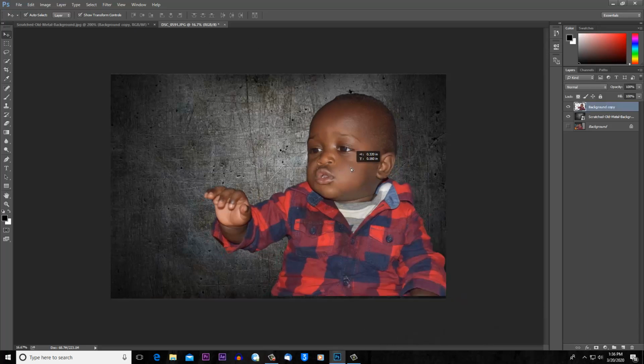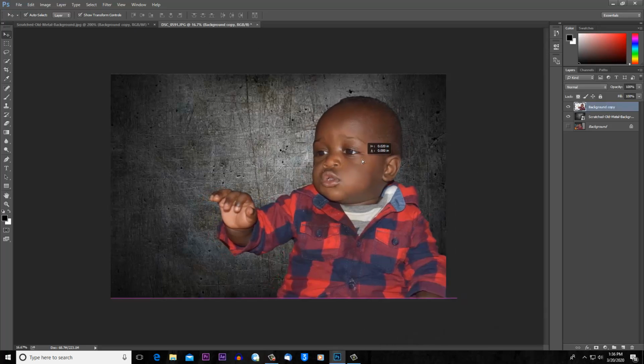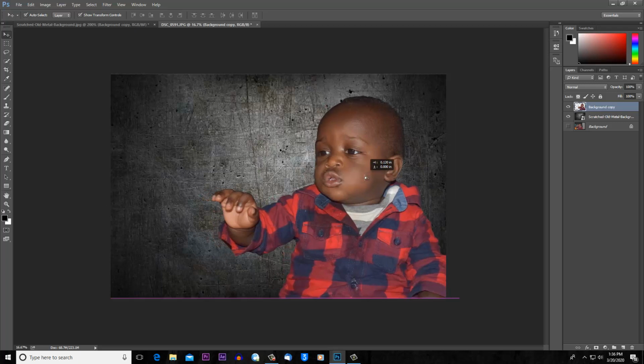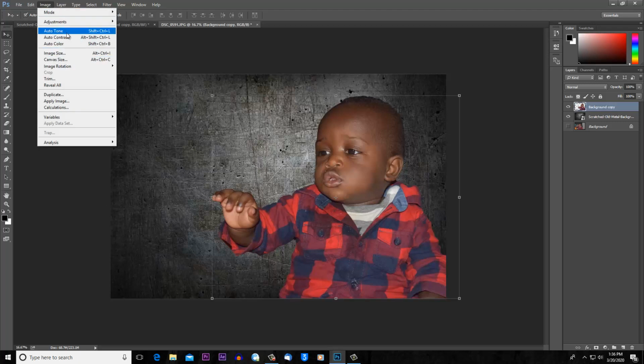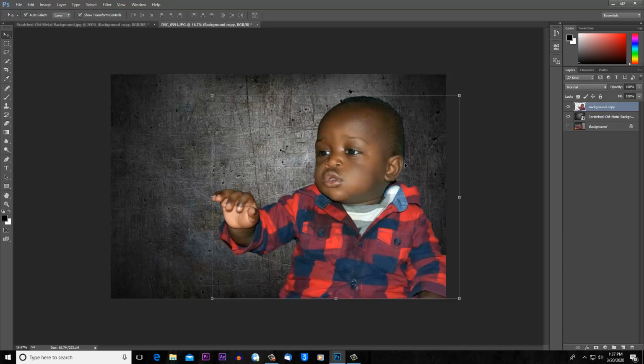Yes, so I can actually work with these images independently. Let's say this was shot with a digital camera, so maybe I just want to reduce the white balance and add some contrast. So basically we can just come to Image and choose Auto Tone. So Photoshop will decide how to color it. As you can see, the color has changed. If you are not satisfied, you can still undo and then try Auto Contrast.